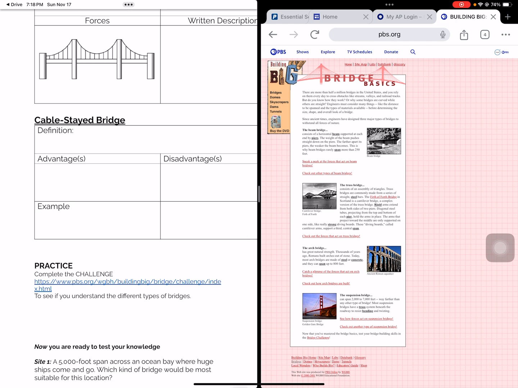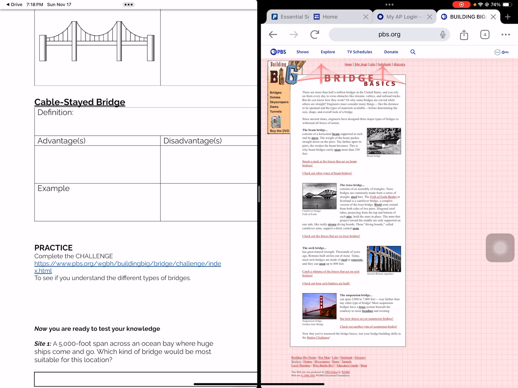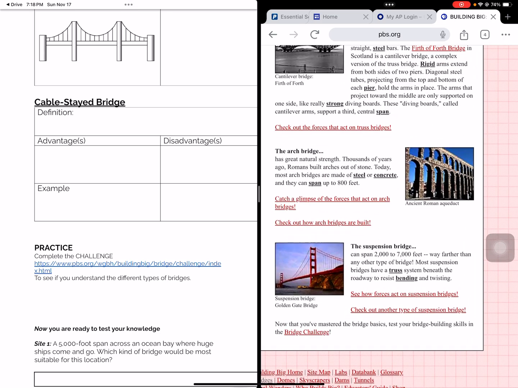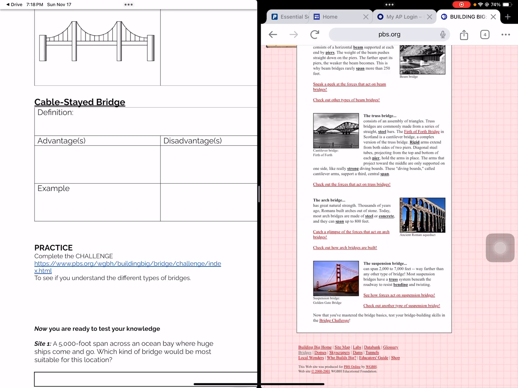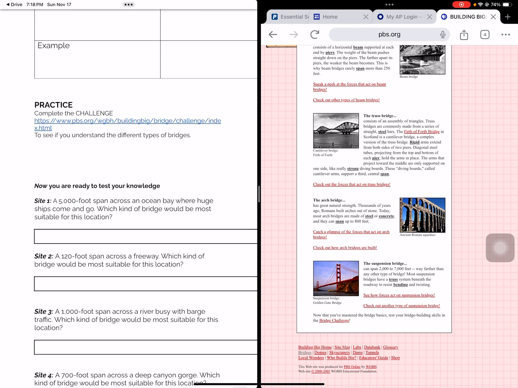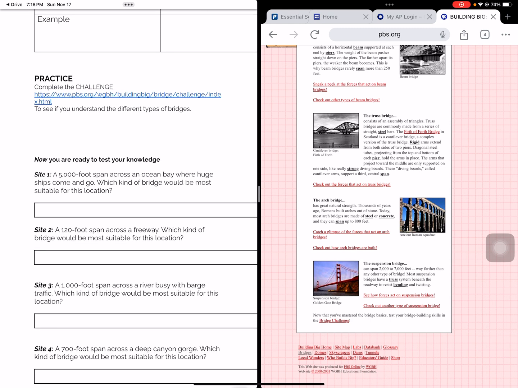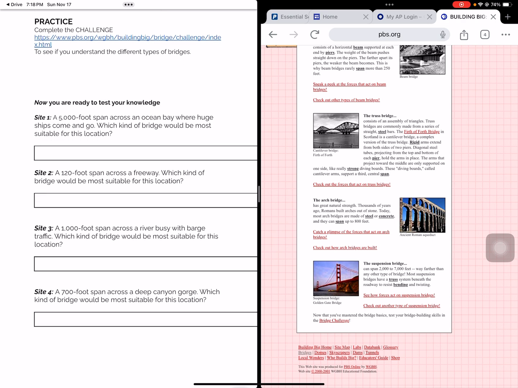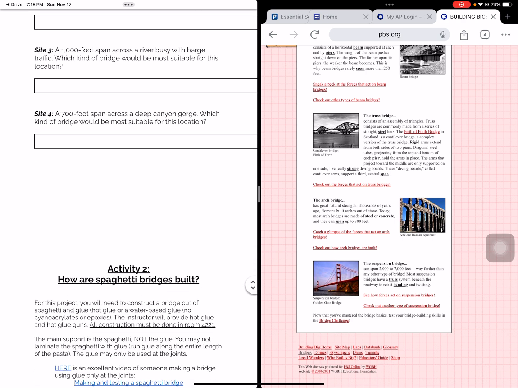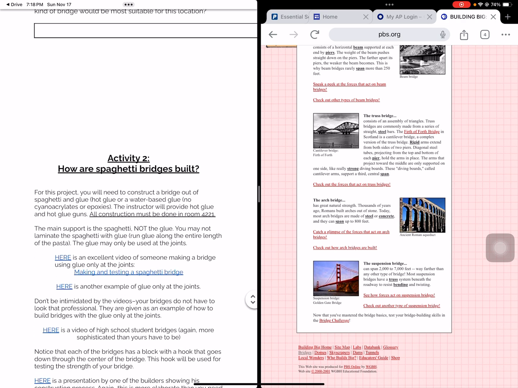Once you're done with that, you are going to complete a challenge. There's a link to the challenge. It's also on the bottom of this page, Bridge Challenge. Once you're finished with that, you are going to test your knowledge by responding to these questions. So which bridge would be best for those? Then, if you finish that, which I'm pretty confident you'll get all the way through, the next activity is